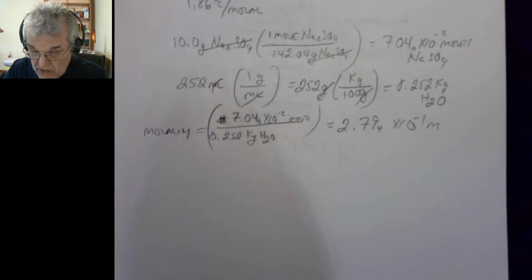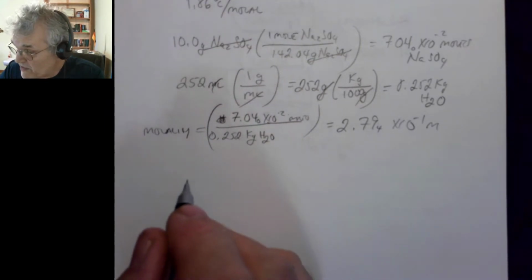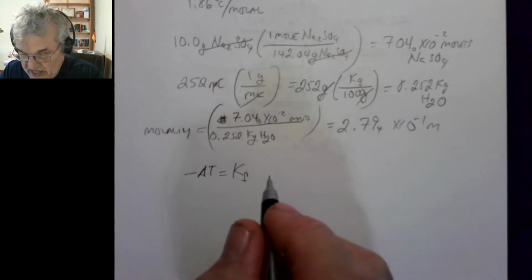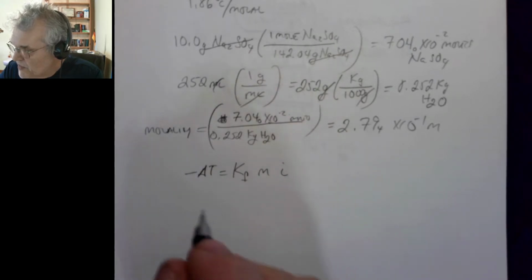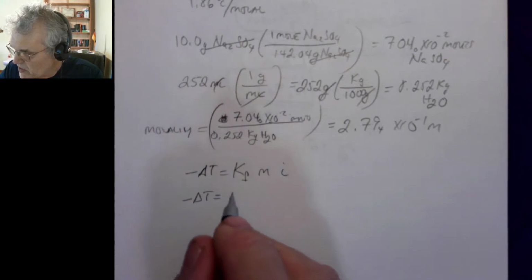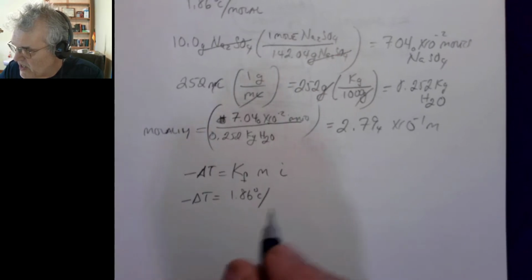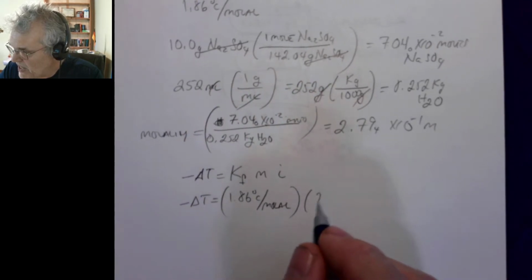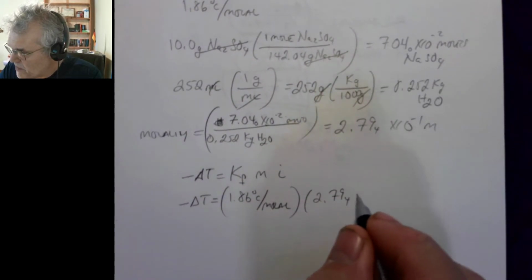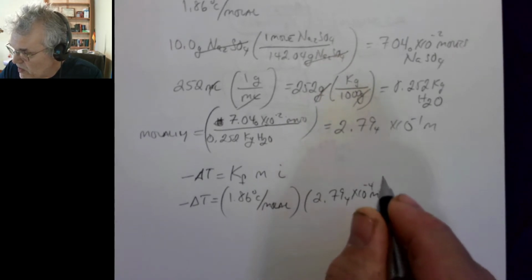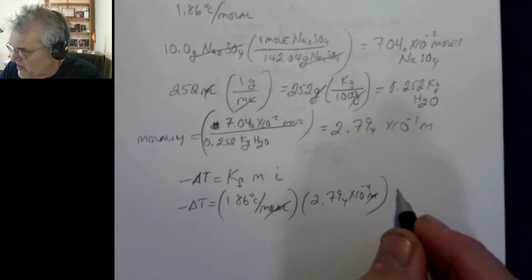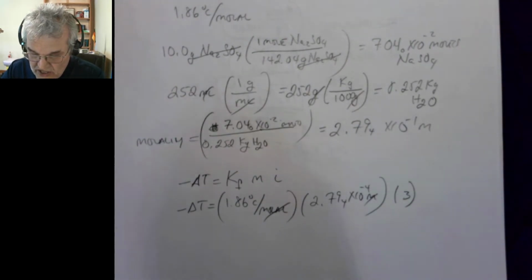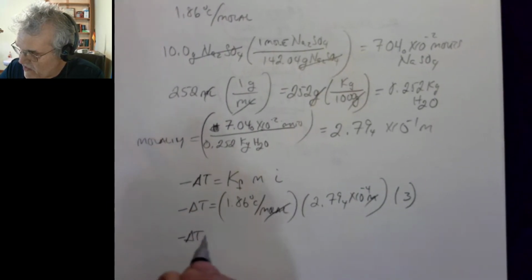All right, well then I can figure out what my freezing point depression must be. All I have to do is write my equation. Negative delta T is equal to Kf, which I know is 1.86, times m and i. So that means negative delta T is equal to 1.86 degrees Celsius per mole times my 2.794 times 10 to the negative 1 mole. Mole cancels out, times my van 't Hoff factor, which in this case is 3. If I calculate that all together, that means the negative delta T value I've got is